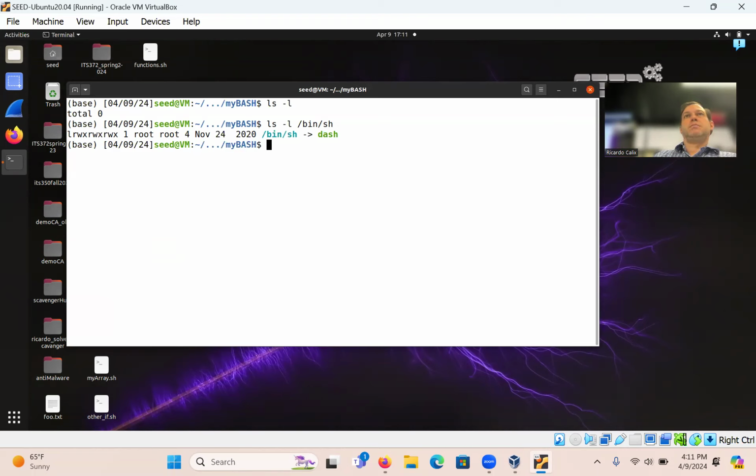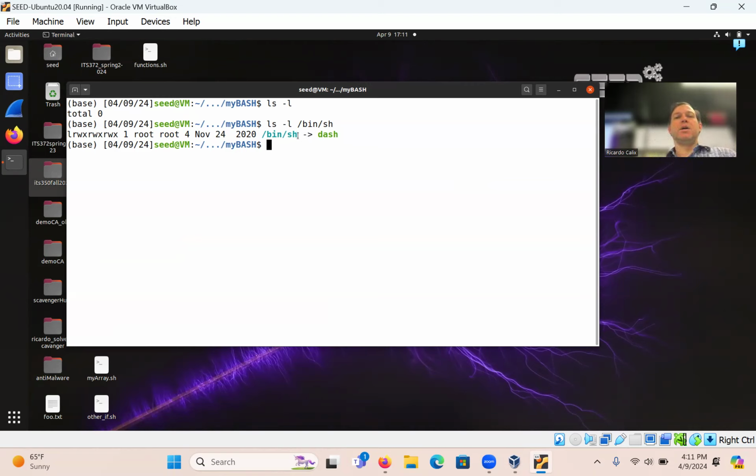What do you see there? What's that L at the very beginning of the row? This L here. What does that mean? Does that have a meaning or is it just there randomly? It means link, right? What does this arrow here mean? It's a link also, right? It's the file that it's linked to.